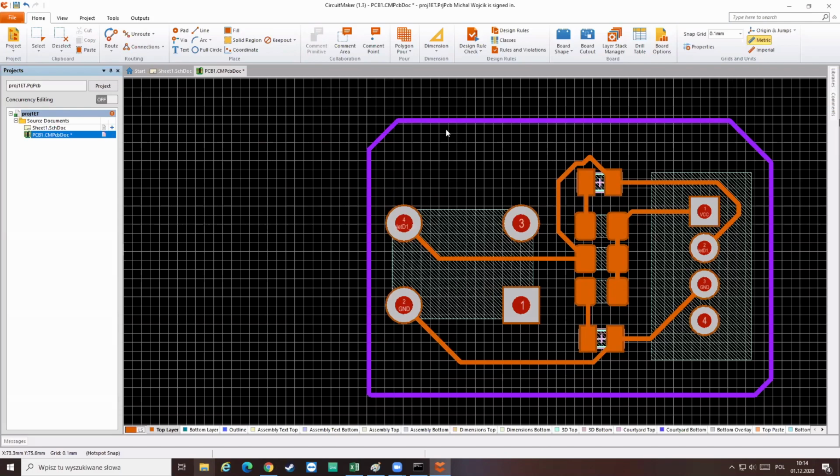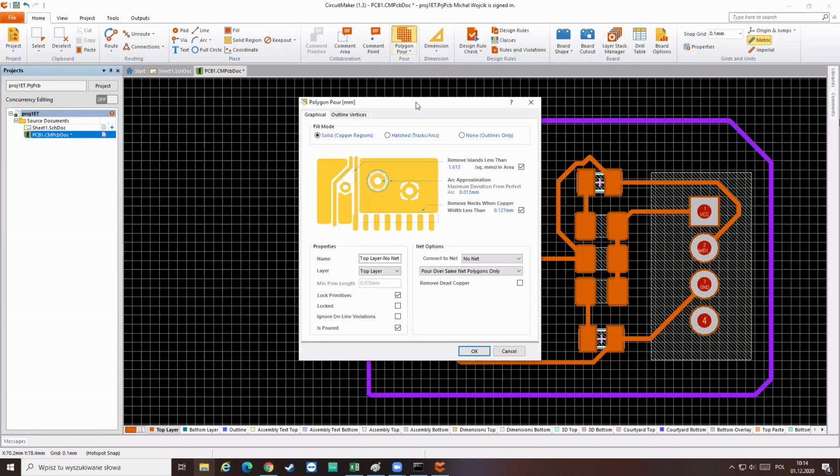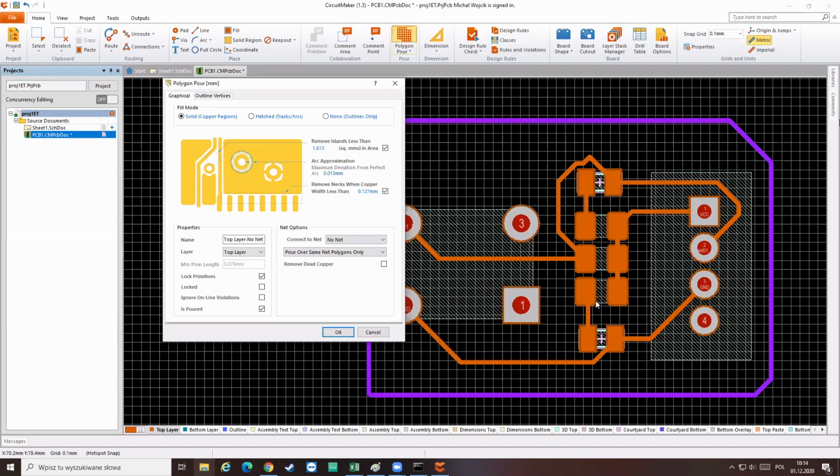The last thing to do is the polygon pour. Here, this button. So you click it. What is a polygon? It's a plane that should be filled. Okay, this board will probably work, no problem, but there is a good way and many reasons that I will